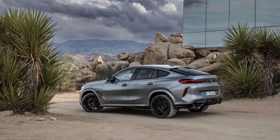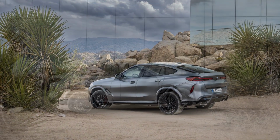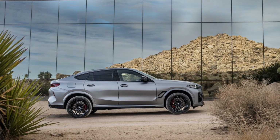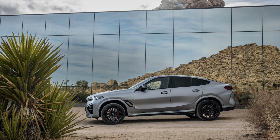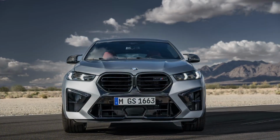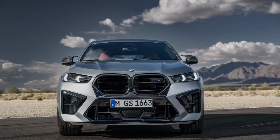The default 4WD setting combines dynamic prowess with maximum traction. In 4WD Sport mode, the system directs a greater proportion of the engine's torque to the rear wheels, with the linear buildup of lateral forces characteristic of M models making it possible to execute precise drifts while staying effortlessly in control of the car. The all-wheel drive system teams up with the active M differential at the rear axle,